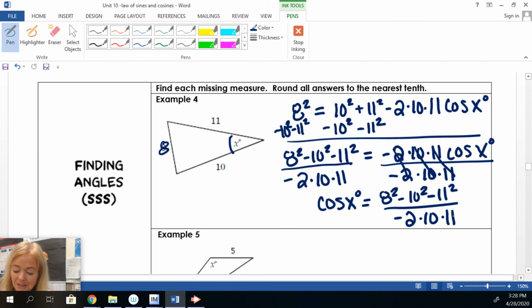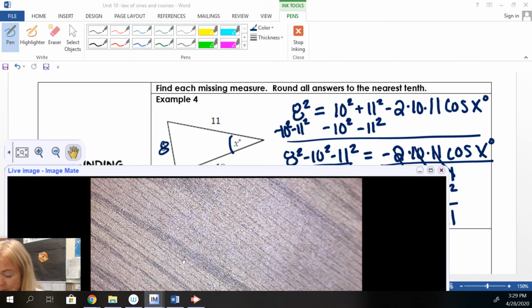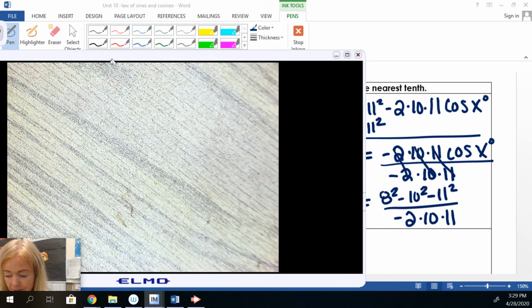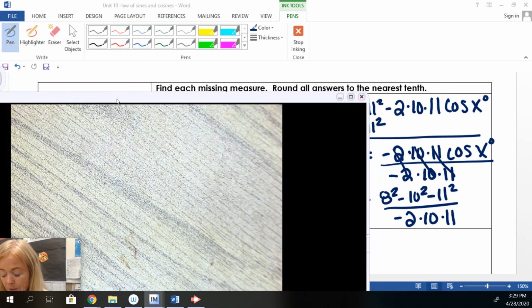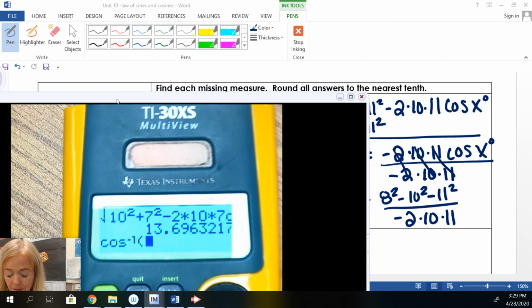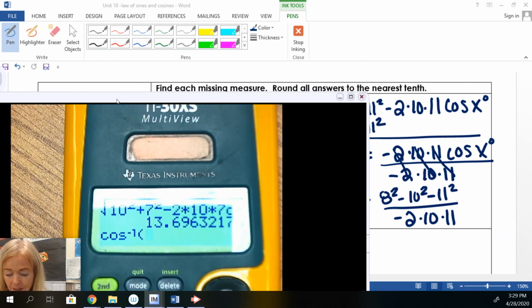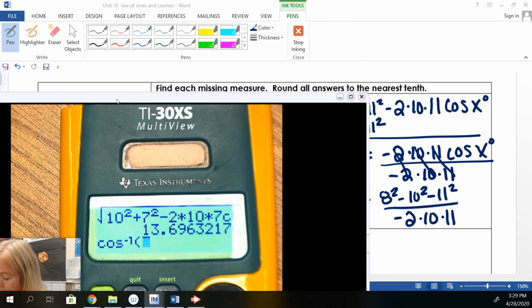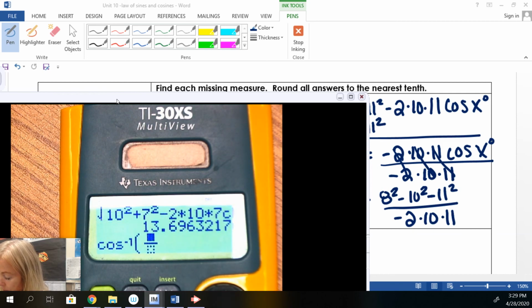Now, I know this sounds crazy, but I'm going to just plug that into the calculator to figure out what that is, but I do need to see it. Okay, what you're going to do, because you're looking for the angle, you're going to do second cosine, because that allows you to find the angle. Second cosine, hey, I got a little spot in there that works. And then do your n over d, and do 8 squared